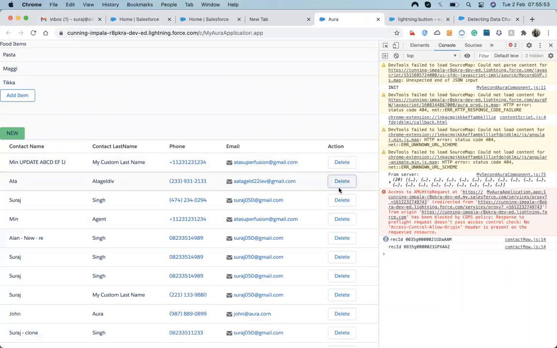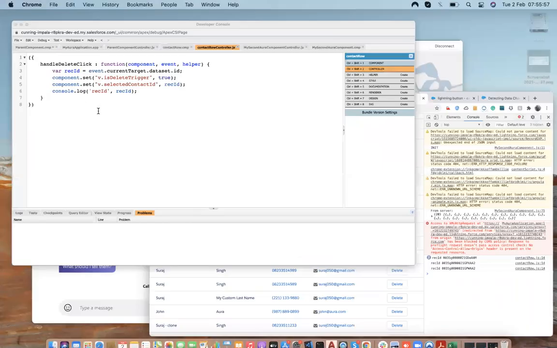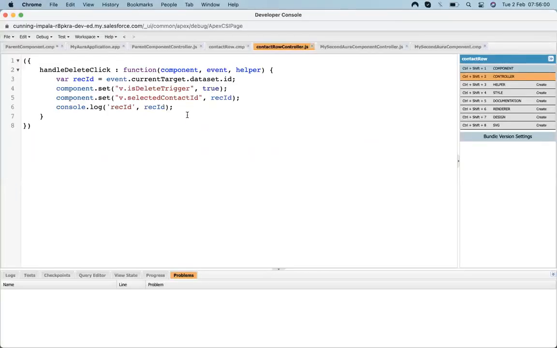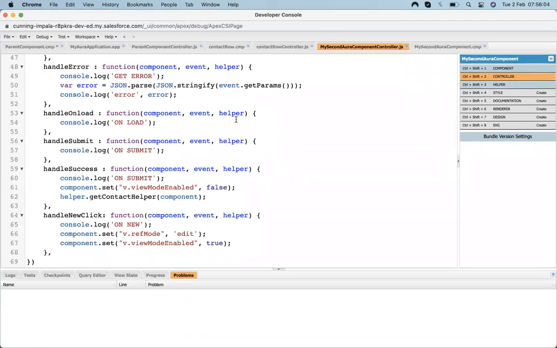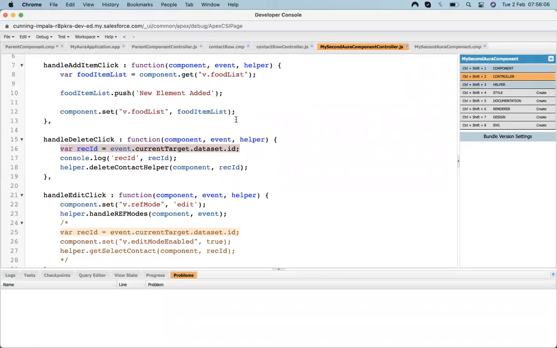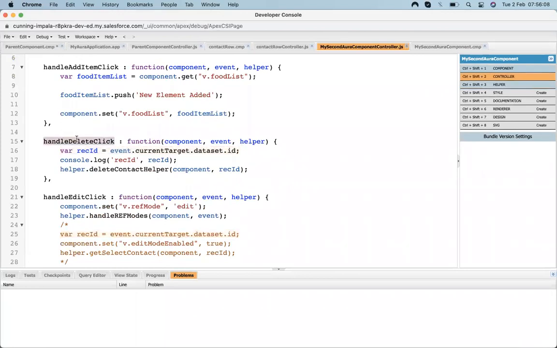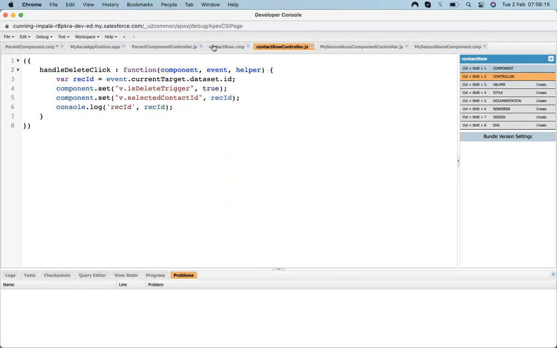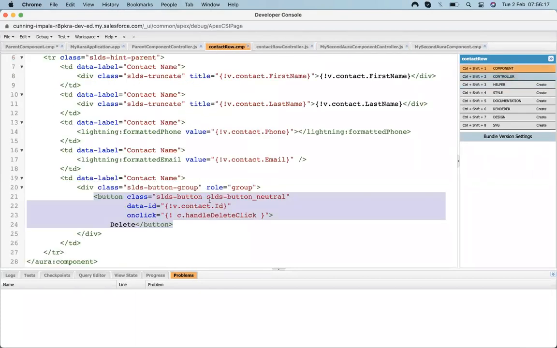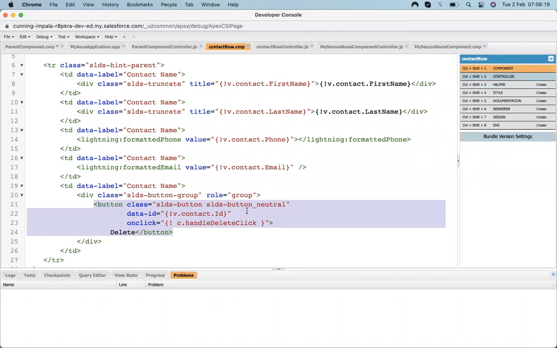Whenever you click on the delete button, it's not deleting the records because this method does not have anything to trigger the deletion. The logic to delete a record is present in our parent component, but we can't trigger it from the child. So I will look for the handle change.